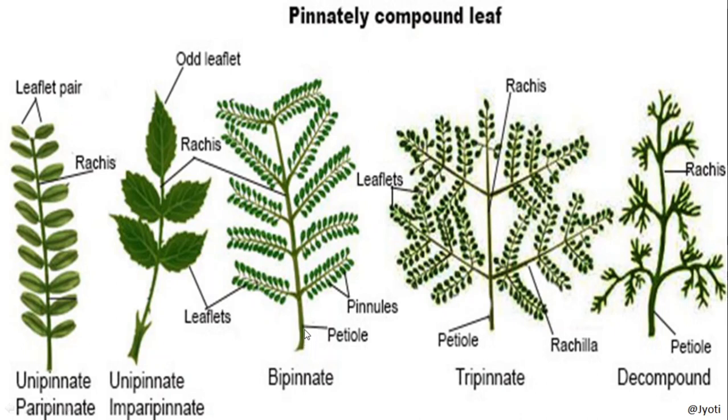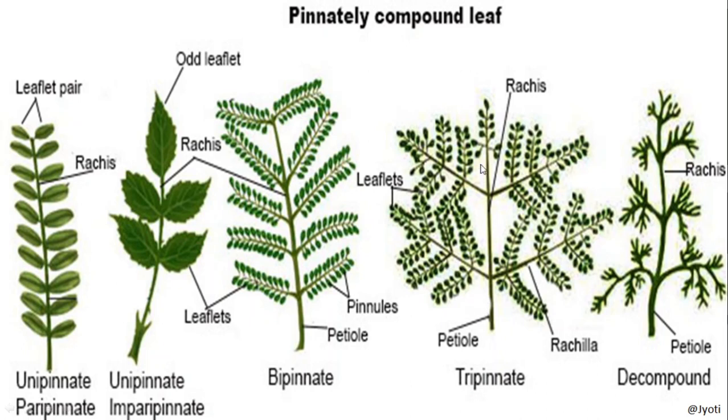So here you can see the rachis is further divided into branches, and now these branches are having the leaflets. Now the leaflets are further divided, and they are called pinnules. Okay, the divided leaflets are called pinnules. So this is called bipinnate. Similarly, tripinnate. Tri means the main rachis is divided